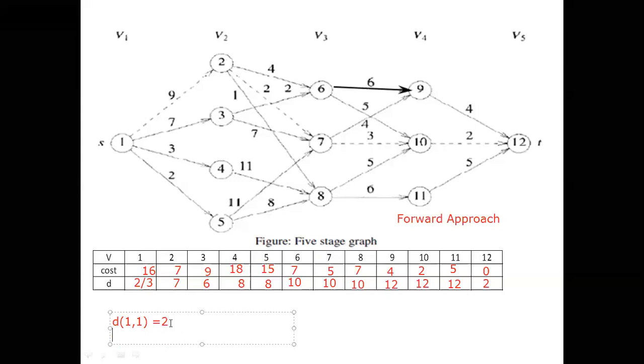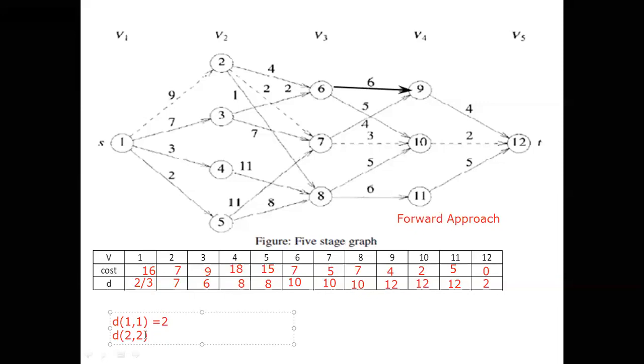Next value is, which is the next stage. Definitely stage number 1 is over. Next we have to go to stage number 2, comma, which value we got here, or which vertex we got here. We have to write it here. I hope it's clear. Now that one we have to search.